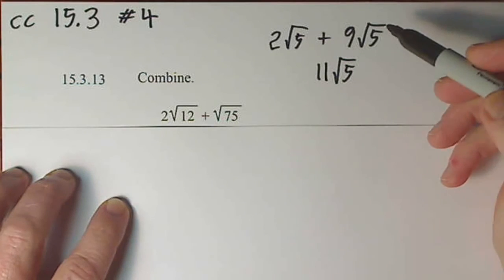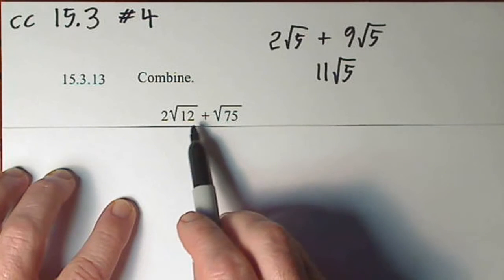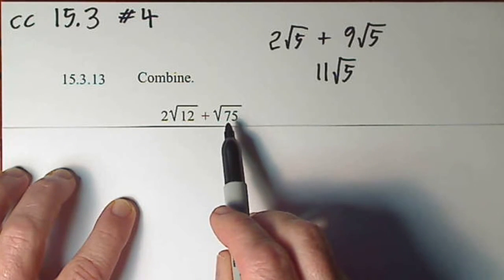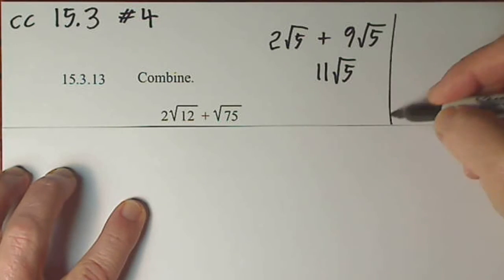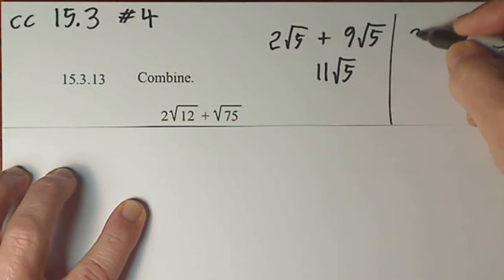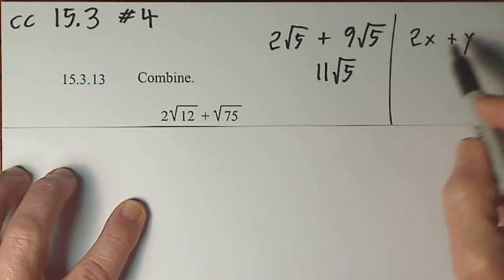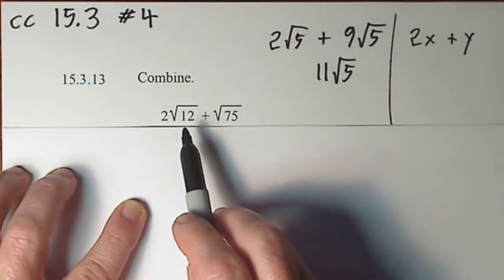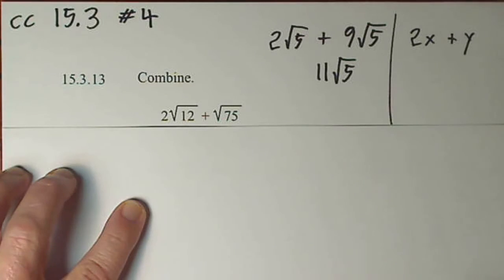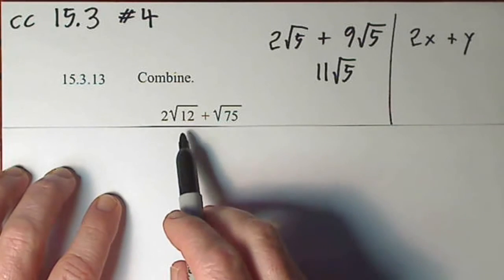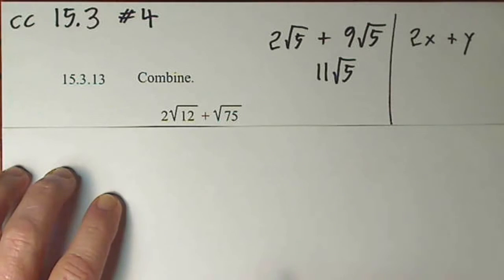And it's the same way with variables. Look at this: 2 radical 12 plus radical 75. I could say that's like 2x plus y. I can't add 2x plus y because they're not like terms. It's the same thing here. These are not like terms. I cannot add them. So what we're going to do is work with the radical 12 and the radical 75,